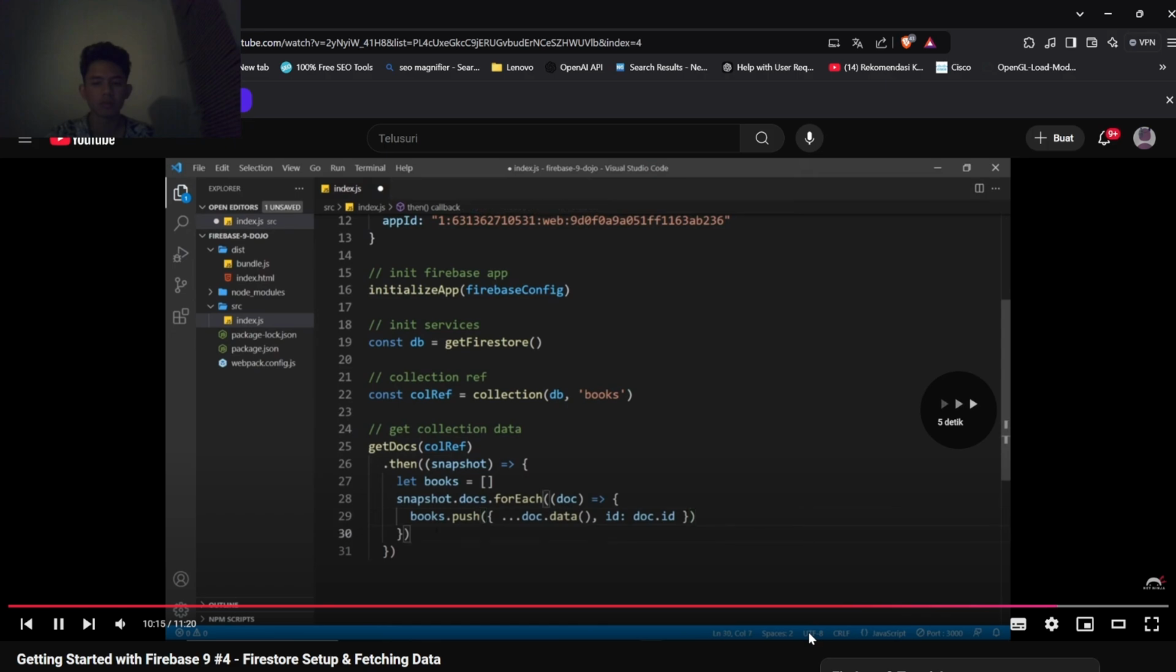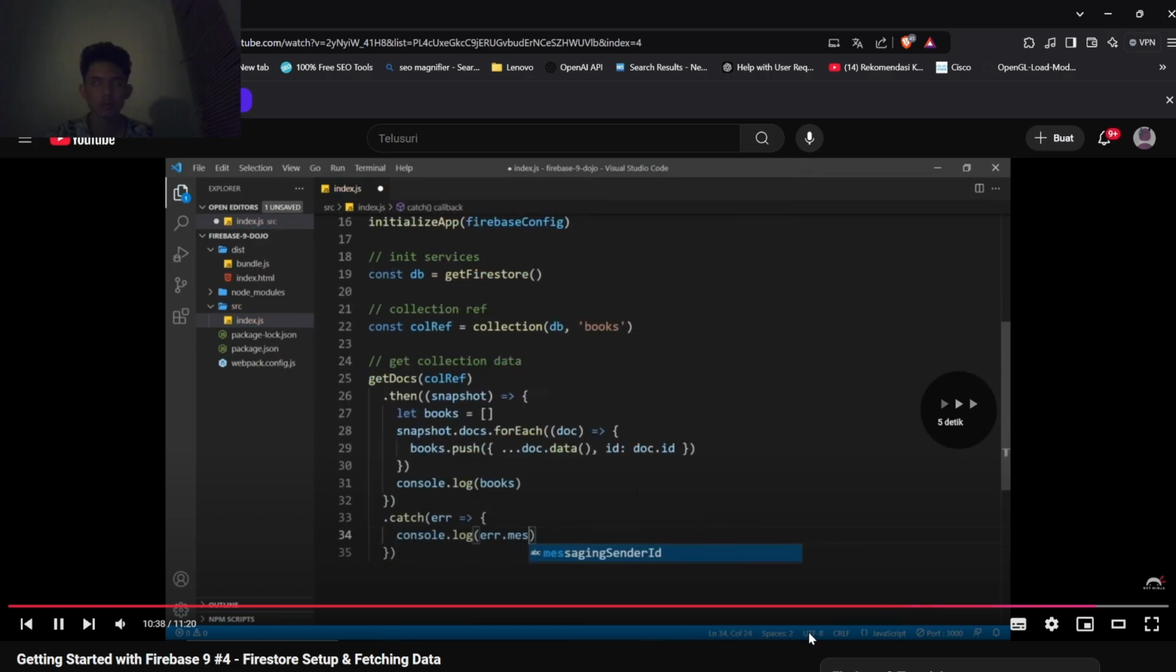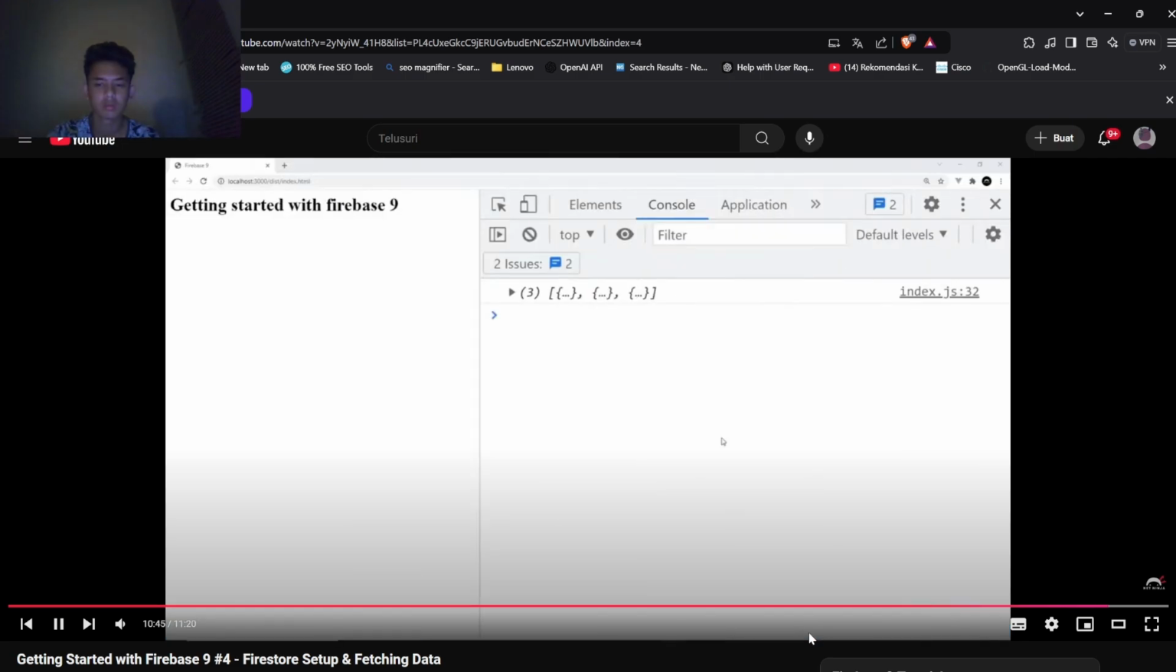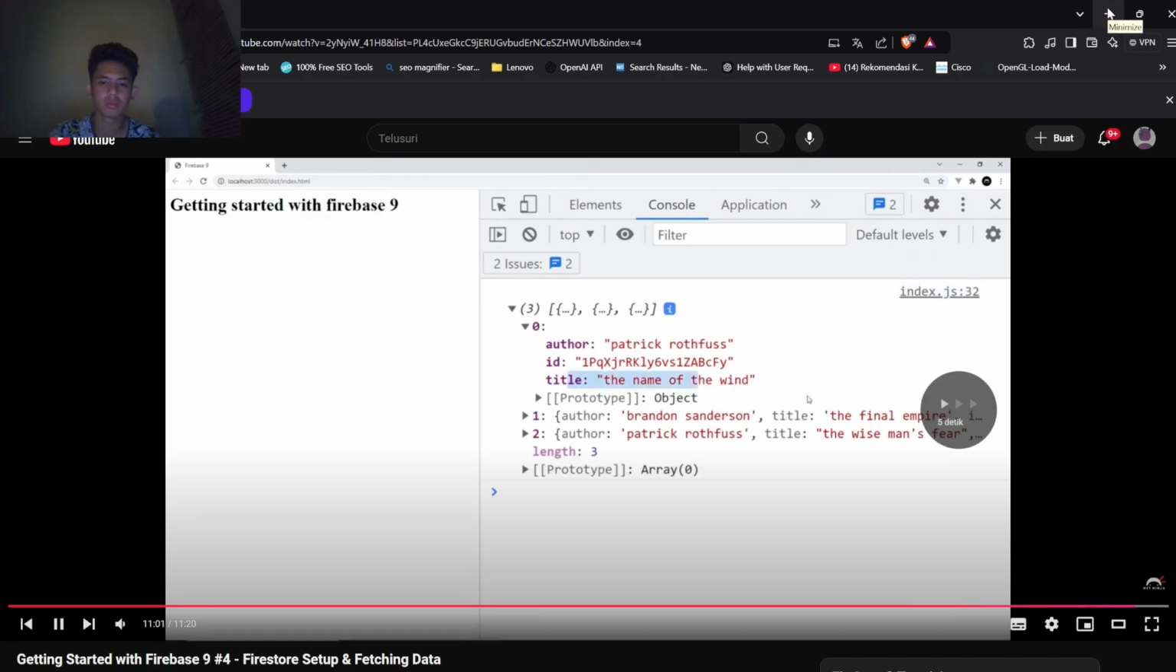Alright, so let's preview this. Now in the console we can still see an array of 3 items, each one representing a book. Now with the method we used, and in fact we will need that in the next